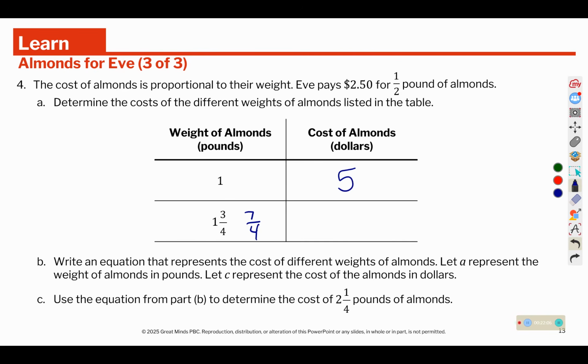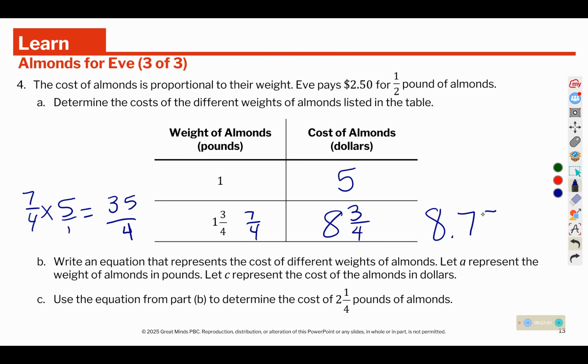If 1 pound is $5 and we need 7/4 of a pound, we can multiply those together to figure out how much it would be for 1 3/4 pounds. 7 times 5 is 35. 4 times that invisible 1 is 4. 4 fits into 35 8 times because 8 times 4 is 32. Then from 32 to 35, we need an extra 3. 8 3/4, and 3/4 is worth 75 cents,